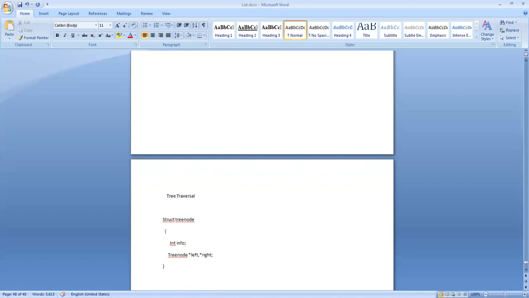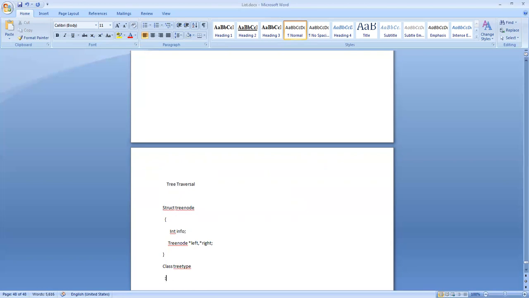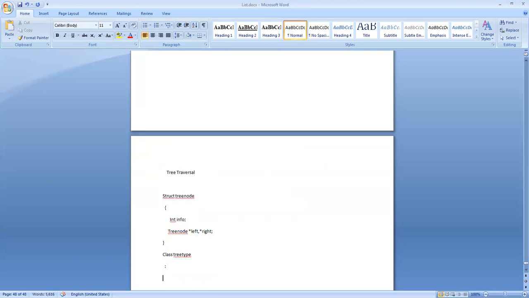Then let me create a class for this tree. So I get class tree type. I told you several times that every linked data structure should have an external pointer.